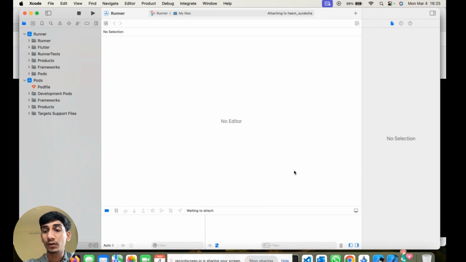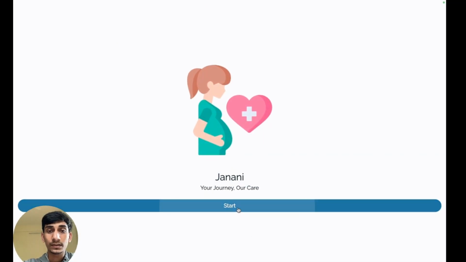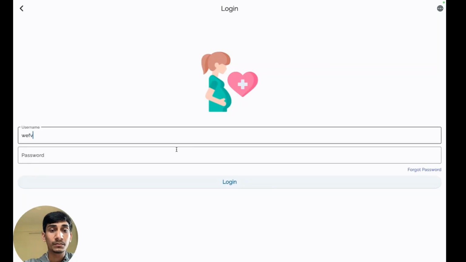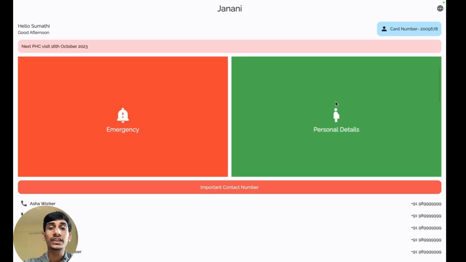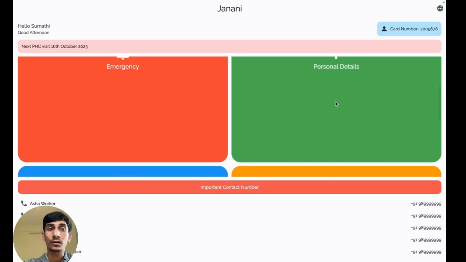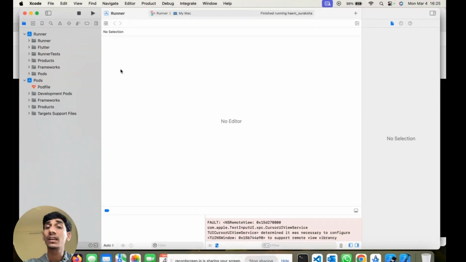Yeah, it's open right now. So this is my app. We are able to start it. Let's click on start, put in some username, and log in. Yeah, as you can see, we are able to log in from here also with the help of Xcode. So this is the way how you can